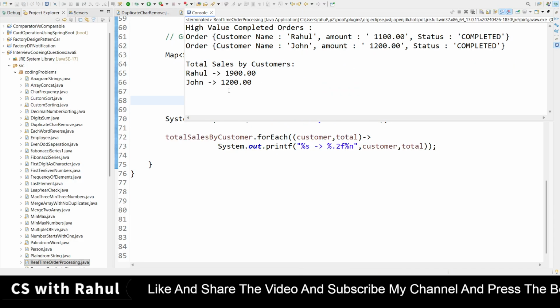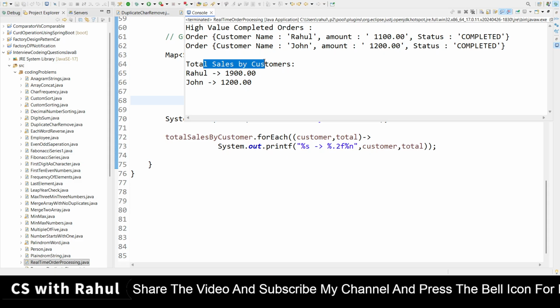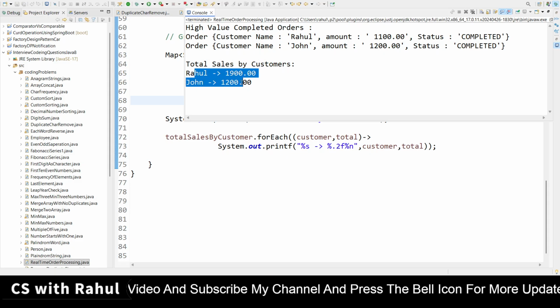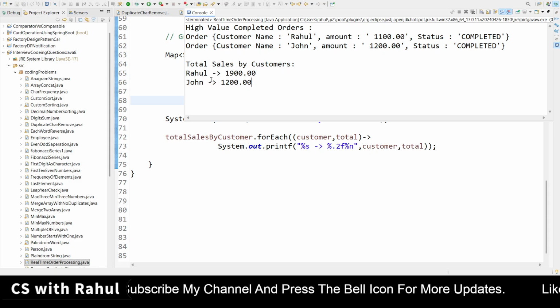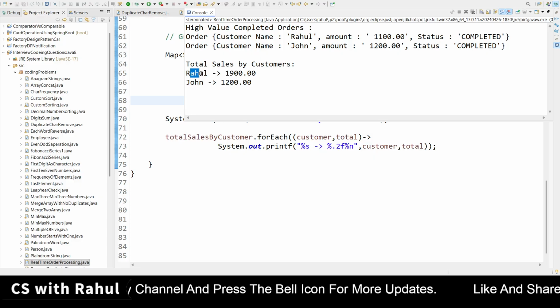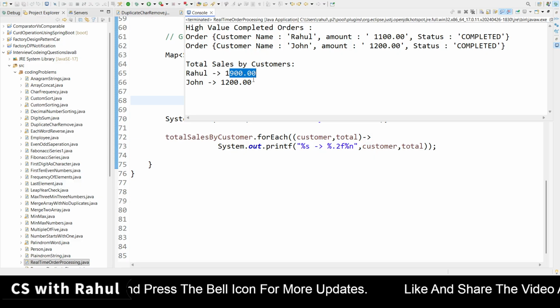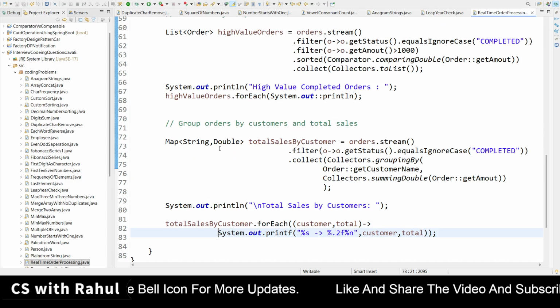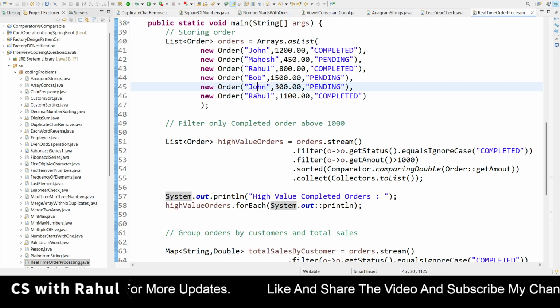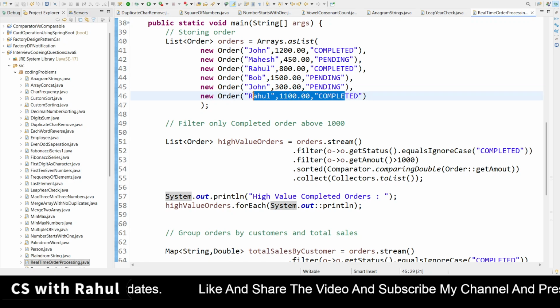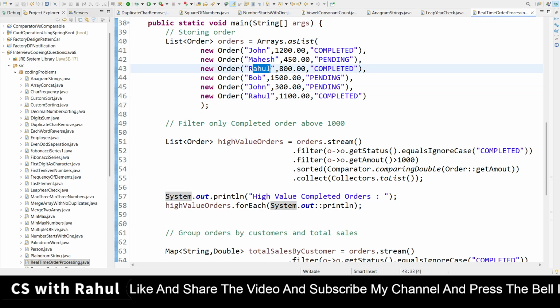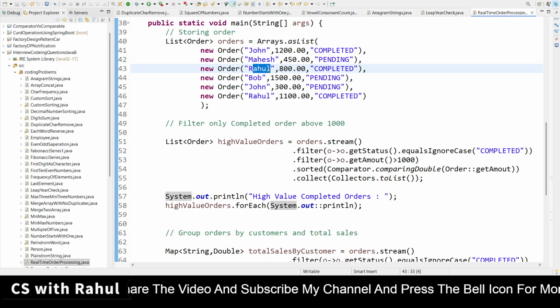When we run it, you can see total sales by customer which is completed. Rahul and John have completed, right? Rahul has done the 1900 rupees order and John with 1200. Let's check here. Rahul completed, 1100 and 800 is 1900.